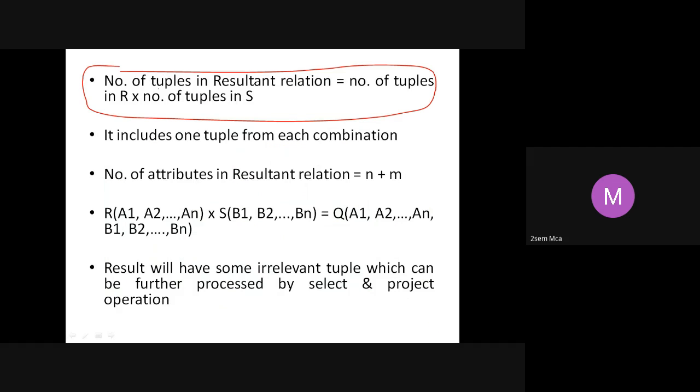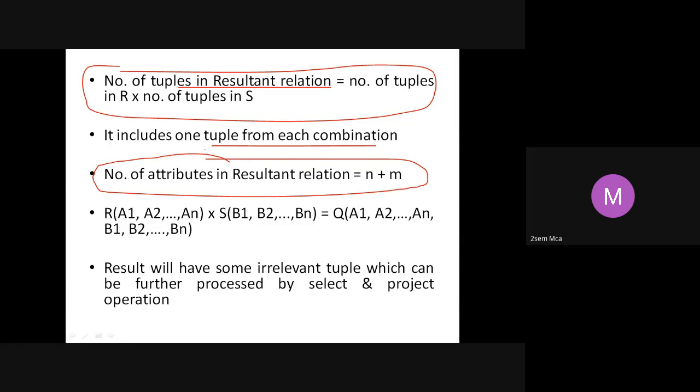So how many tuples will you have in the result? Number of tuples in R into the number of tuples in S. It includes 1 tuple from each combination. That is what we saw. And the most important thing, number of attributes will be n plus m.